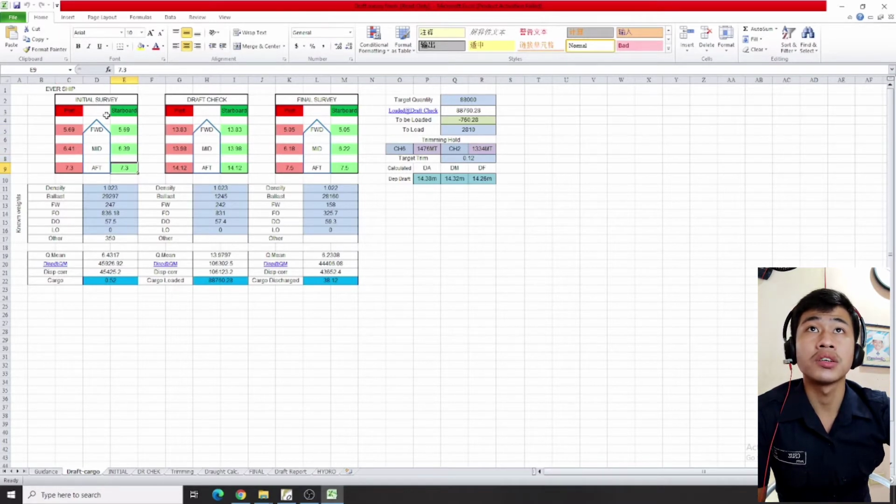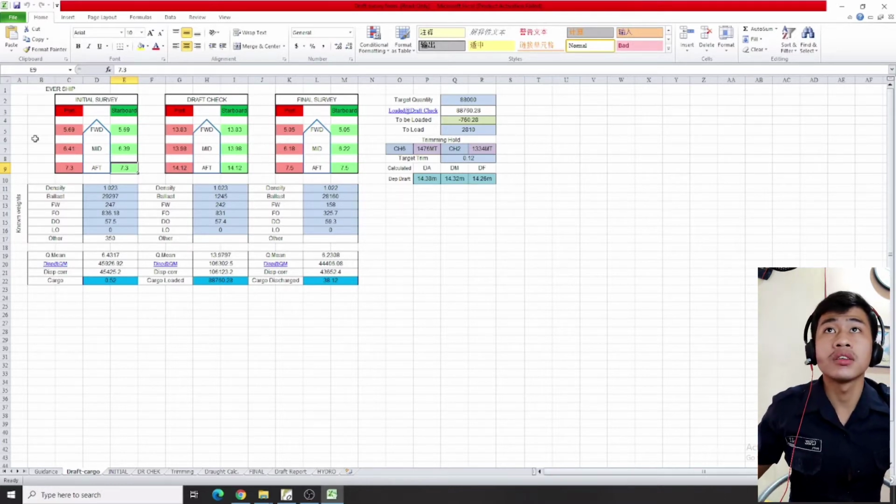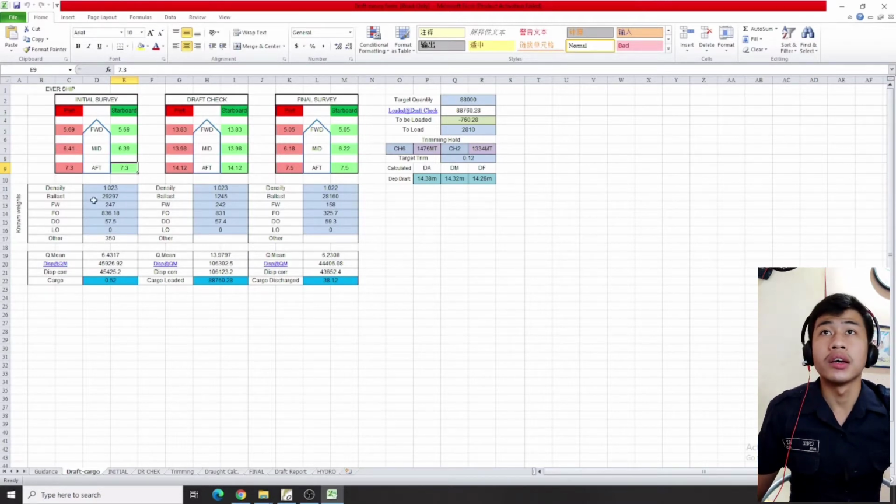So, initial survey draft check. Here the ship is Evership, and they have the readings on their initial survey, draft check, and final survey. Then there's also density, ballast,